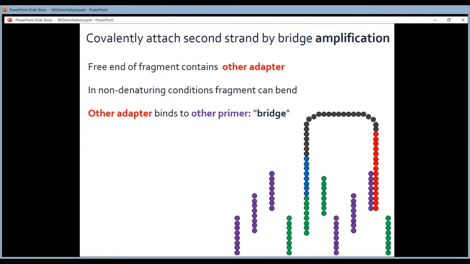The longer your fragments, the wider these bridges can become, but also the wider your clusters will become. And if you have very wide clusters, you have a higher risk that they will start overlapping. So Illumina wants compact and dense clusters. That gives the best signals. So this is why they want to work with short fragments.